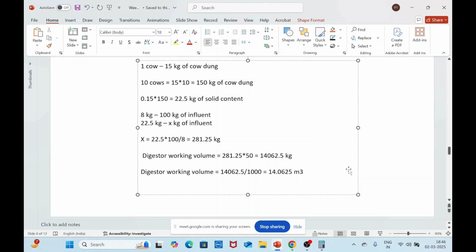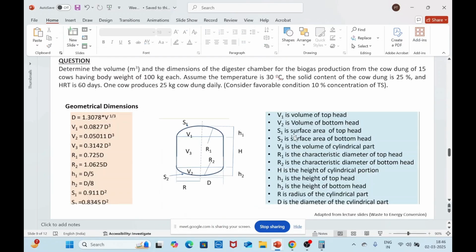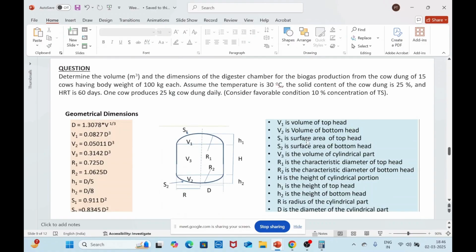Yeah, so we have something called a geometrical assumption. This is an assumption for the construction of the biogas plant, where they consider that VGS, the volume of the gas storage, plus the volume of the digester, or you can say VD, is going to occupy 0.80 times your total volume of the biogas reactor. So here I have specifically written, do we have VD here? Okay, we don't have.